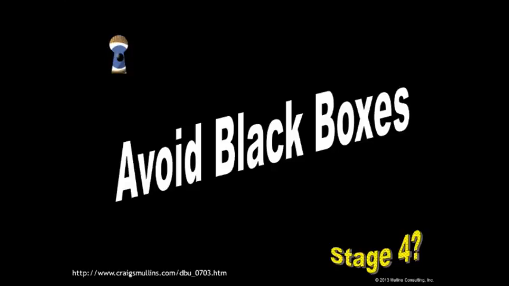So I rarely, if ever, see black boxes that don't take this type of shortcut. This is why I like to refer to black boxes as stage 4. Even worse than filtering in your program is putting the code into another program. The other thing to keep in mind with the black box is you're adding overhead, because there's path length, CPU that needs to be executed to find the query to execute and move the data back from the program to your program. So there's additional work being done that, if it was coded right in your program, wouldn't be